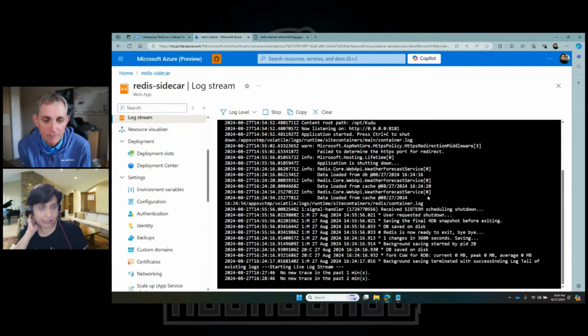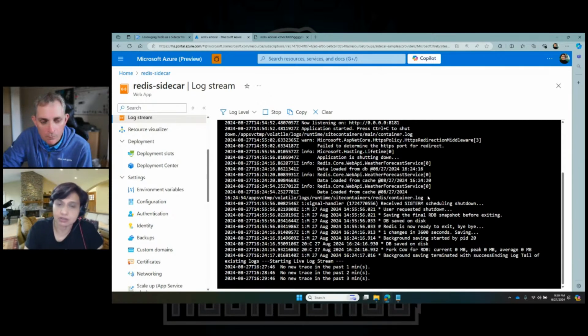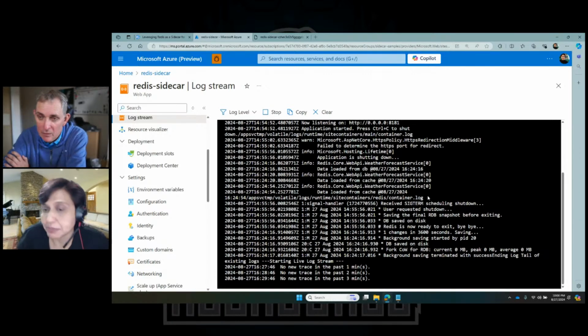You're right, exactly. Another thing that we are working on is that right now I'm showing you how you can add your container. So you go to a deployment center, you add your container. You have to figure out the right container to add. Redis is of course easy because that's just Docker Hub Redis. But you could have something else where it's not very apparent how you get the container image.